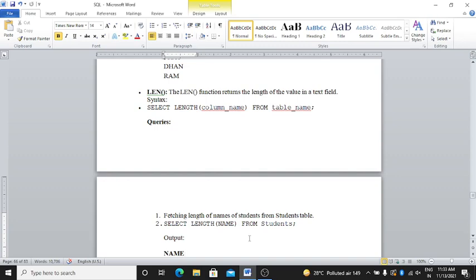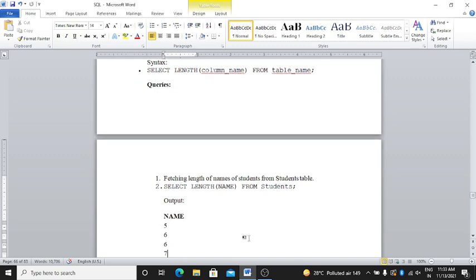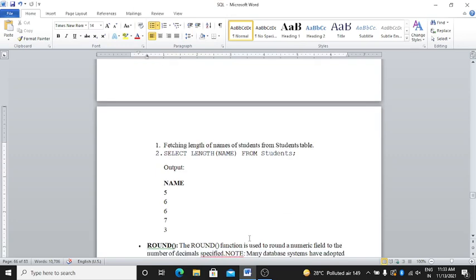Output is the name with its length: Harsh is 5, then 5, 6, 6, 7 and 3. RAM is 3 alphabets, so length is 3. Clear? Next is round.